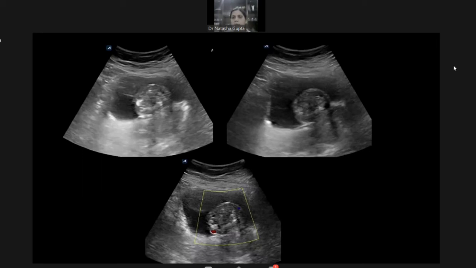Okay, now you can just enumerate what the possibilities are. Paraganglioma you have ruled out. So what would you like to keep among the submucosal bladder lesions in this case? It could be a leiomyoma, firstly, which is the common lesion that we encounter. It could be a solitary fibrous tumor, which can also be seen. A rare lesion is an inflammatory pseudotumor, which can also be located in the submucosal layer.